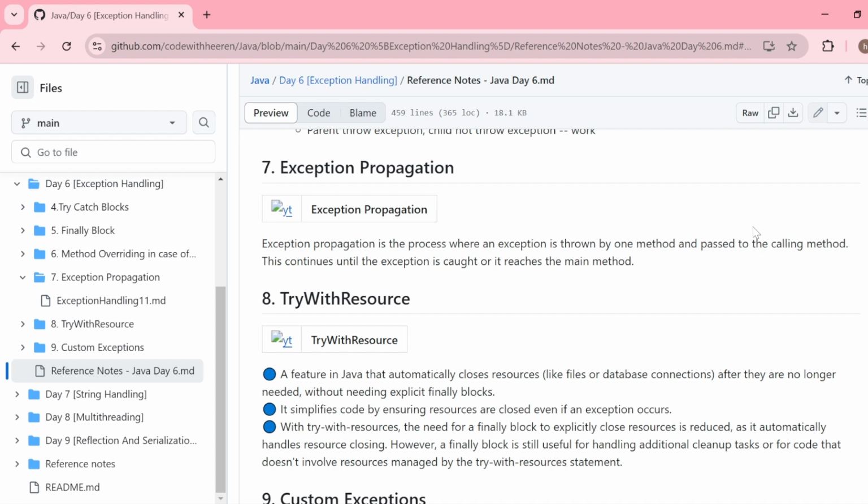Then that exception must be handled inside method A itself. But if you do not handle it inside method A, then it will be automatically forwarded to the calling chain. It will be forwarded to the method from where method A was called. Method A was called from method B. That means that exception will be forwarded to method B, and then you have to handle that exception inside